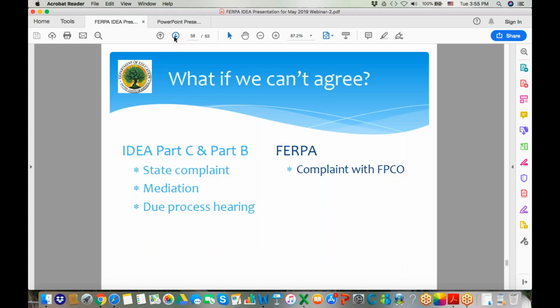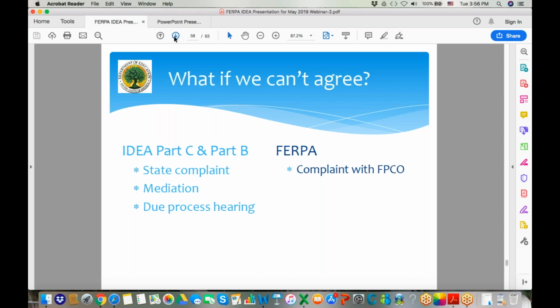Where there's disagreements under IDEA, you have dispute resolution processes and procedural safeguards. So you have a couple options. You can file a state complaint. There's mediation, there's due process hearings, there's IEP facilitation, various safeguards that are delineated at a state level, and a parent who had concerns or felt there were things they didn't agree with could follow those processes. You'll see that there isn't an OSEP level complaint process because it's really generated at the state level.